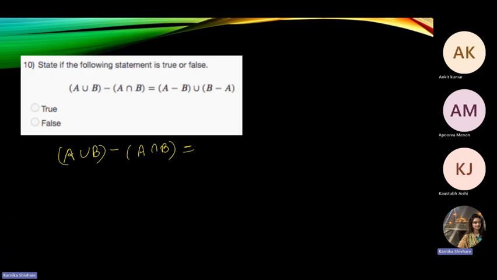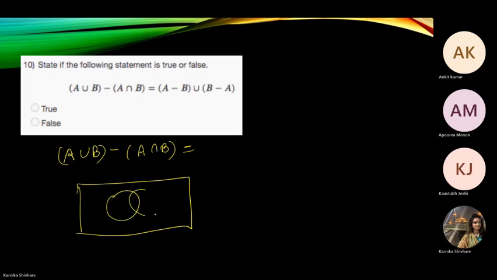A union B minus A intersection B. Let's see it through a Venn diagram. A union B is this one, right? Now we have to remove A intersection B, means this much we have to remove. So this one remains, right? And they are saying this is equal to,